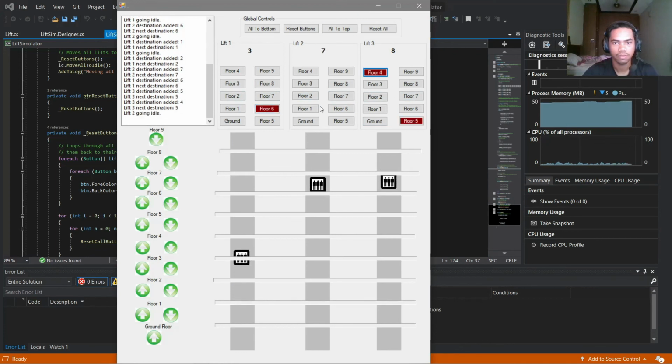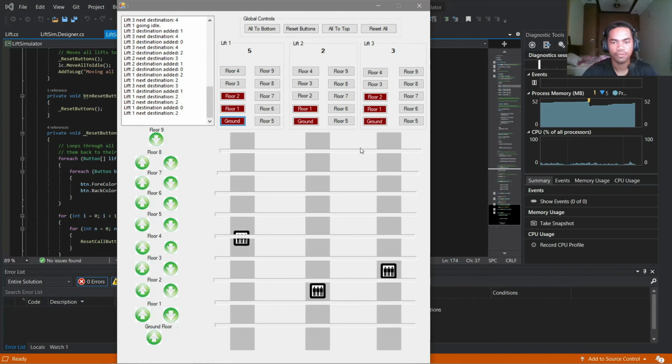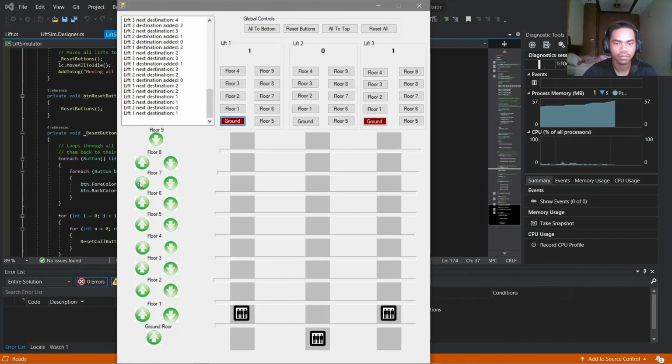So I can press as many times as I want. If I press 5, 4, right now they are moving accordingly to the requested button. If I press floor 7, any lift will go to floor 7. So right now lift 3 will go to floor 7,